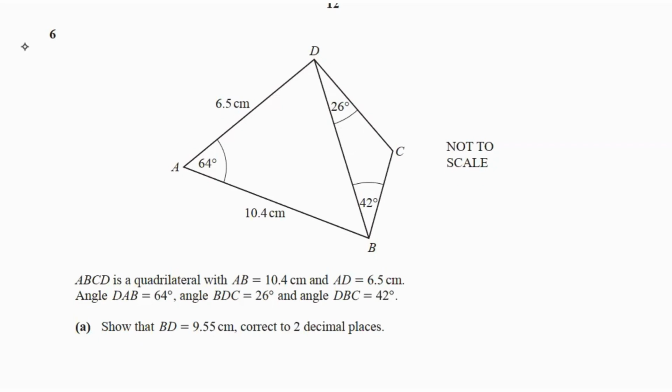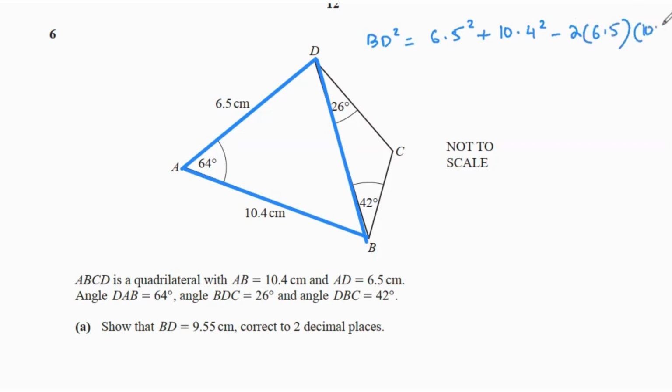BD, that is this one. So we can easily do that by using the triangle ABD. We can see that we have two lengths and the angle between them, which means we can easily use the cosine rule to find the third length. So that's going to be BD squared equals 6.5 squared plus 10.4 squared minus 2 times 6.5 times 10.4 times cos of 64. That's going to give us